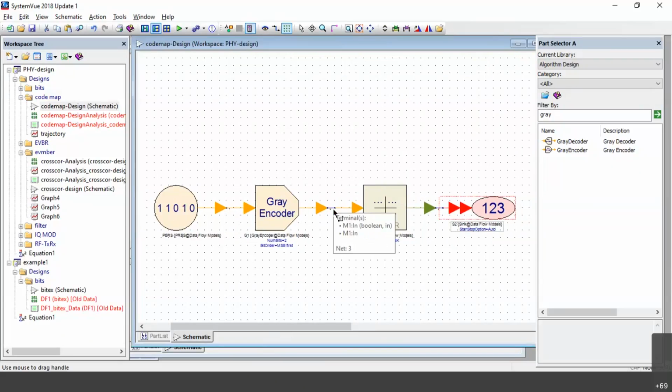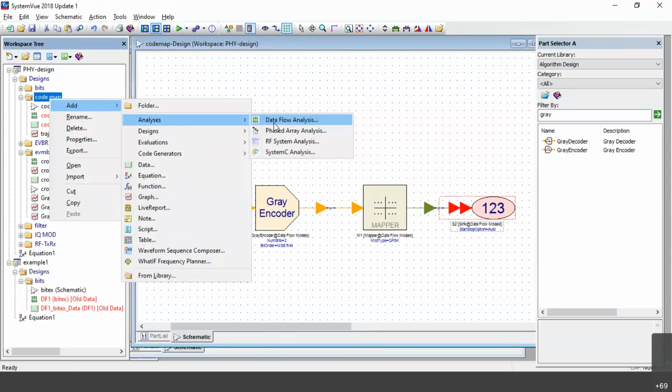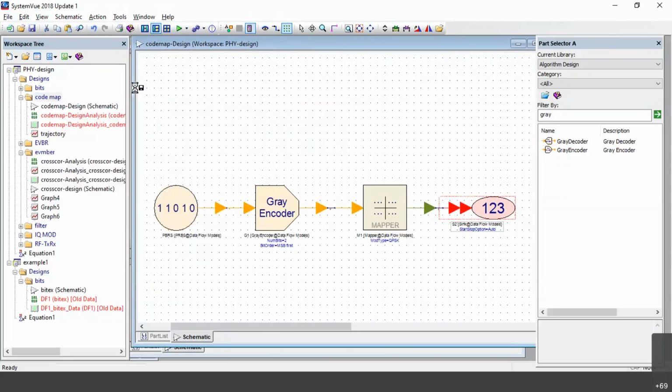Again, save it, and right click. Directly you can run this with the help of this analysis, or go directly to the code map, right click, add analysis, then data flow analysis. Once you select data flow analysis,